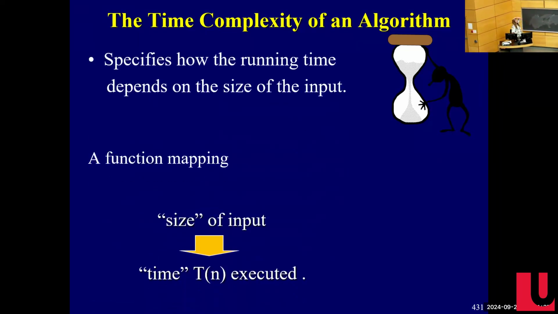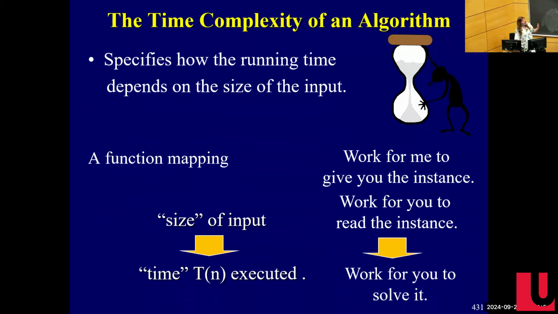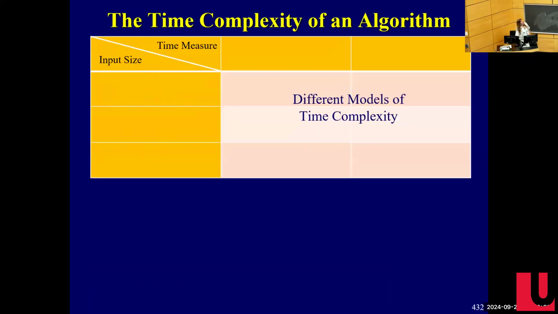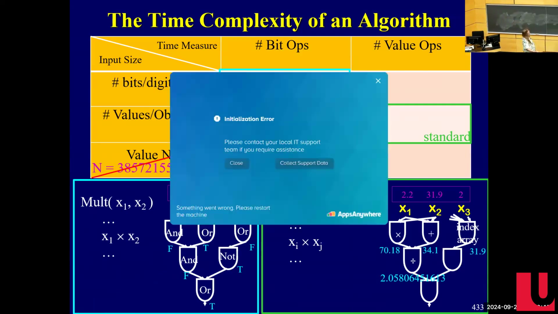You've seen this already, that time complexities map from the size of the input to the running time. And I think of size as being how much work it is for me to give you the instance, or for you to read the instance, versus time is how much work it is for you to do the job. And we're going to consider different models of time complexity, and they differ based on how you define the input size, right? It could be the number of bits, digits, the values, number of objects, or